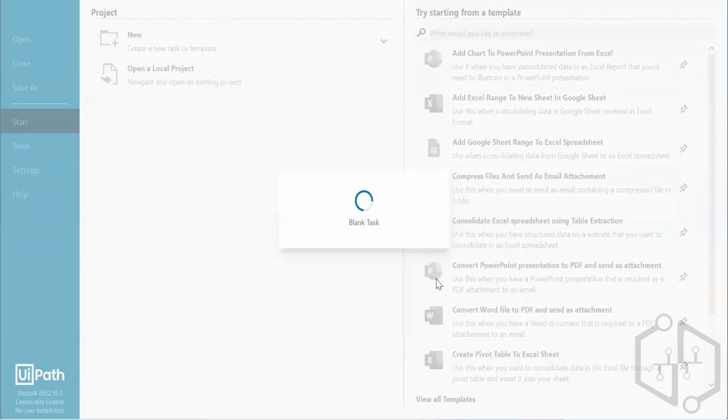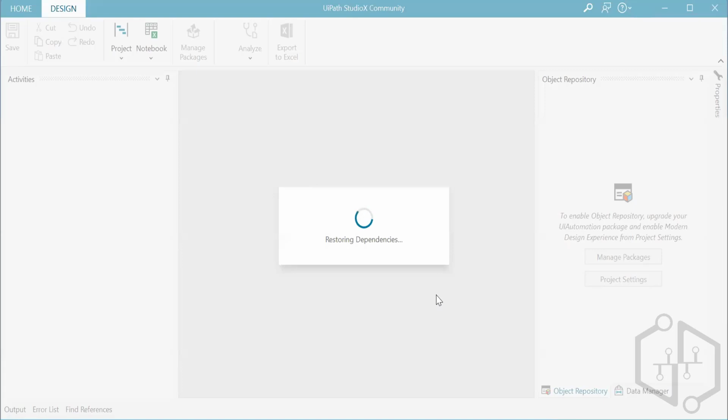Okay, I'm telling you the difference between Studio and Studio X. I understood now. Yeah. Okay, right. Now when I take Studio X, this is for a citizen developer who comes from